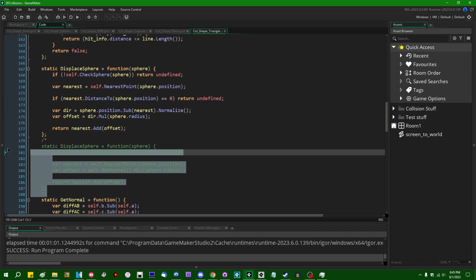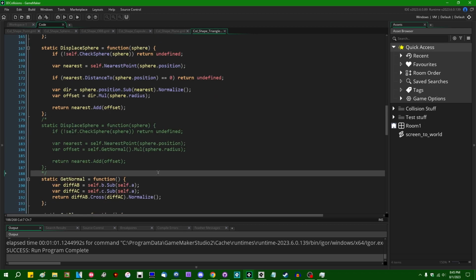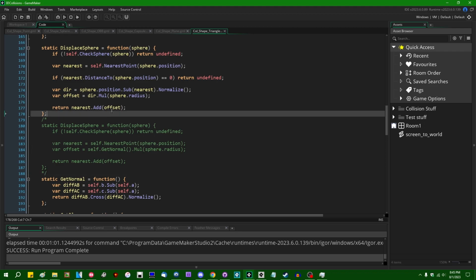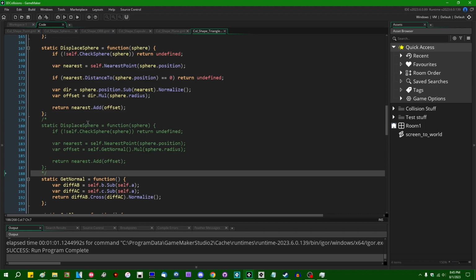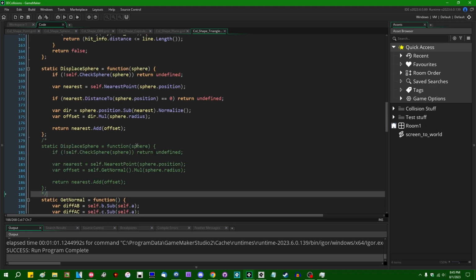So I'm going to leave this version of the triangle sphere displacement here commented out. If you do want it for whatever reason, it may be worth including a configuration setting for which version of the method to use based on your needs in the game. Like if you have a triangle mesh representing the ground, the terrain, then you probably would be more inclined to try to always keep the sphere in front of the triangles. But if you have some other kind of a triangular structure, then both sides, the front and the back, might